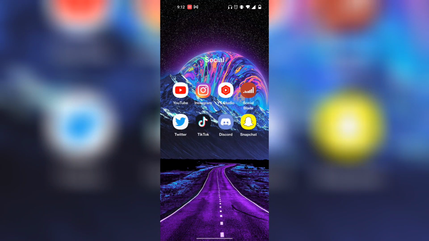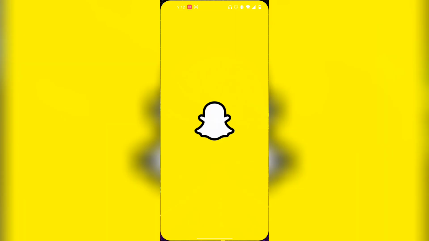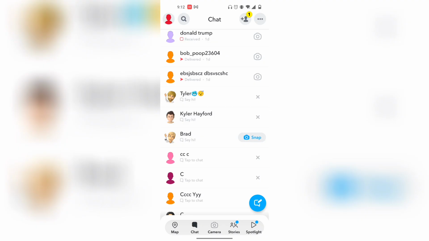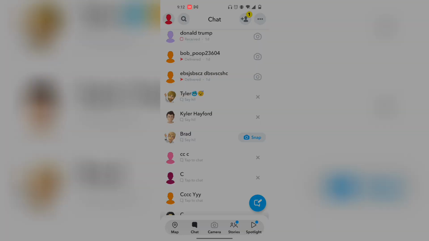So I'm going to show you how you can enable dark mode on your Snapchat Android phone. So if you're like me and you can never find out how to do it, this is the video for you. So first, what you want to do is click over on your profile on the top left corner,